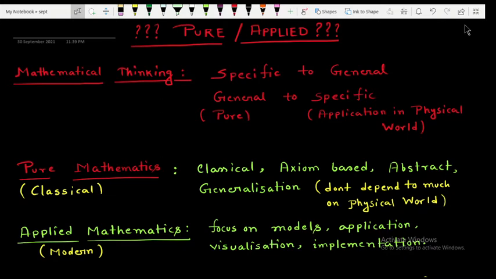Now see, I have collected some important points regarding pure mathematics and applied mathematics, and I think this would be very helpful to decide whether you should choose pure mathematics or applied mathematics. Now students, at first you have to know about mathematical thinking. Now there are several mathematical thought processes like divergent thinking,